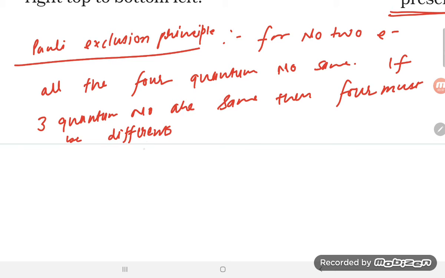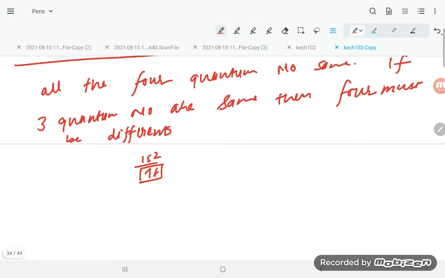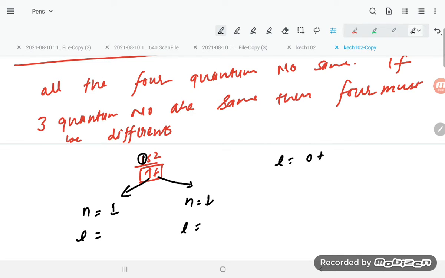Now let us take 1s2. If you are taking 1s2, how many electrons are there? 2 electrons are there, right? Now see, this is for the first electron, this is for the second electron. We calculate the principal quantum number: here 1 is mentioned, so n is 1 for both. If you talk about l, l is equal to 0 to n minus 1. So here it is 0 to 1 minus 1, which comes to 0. It means the l value is 0 here.